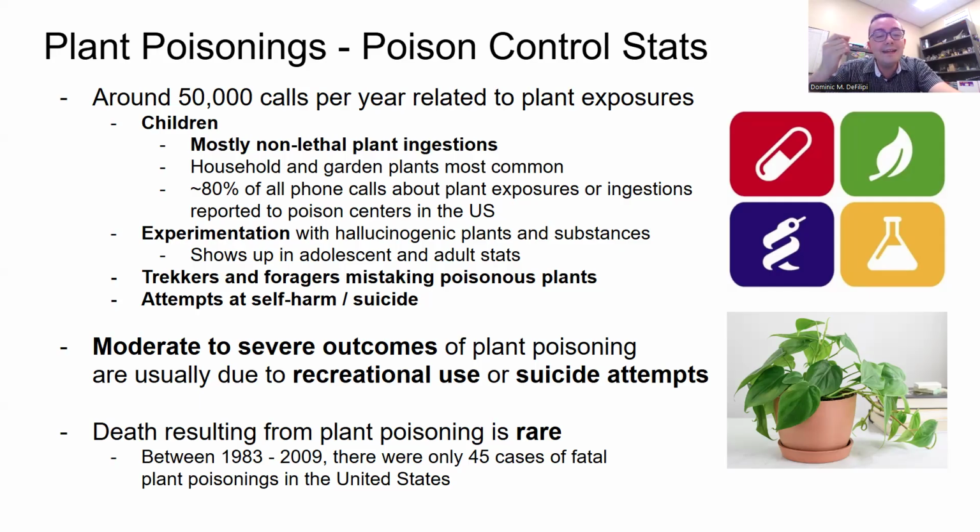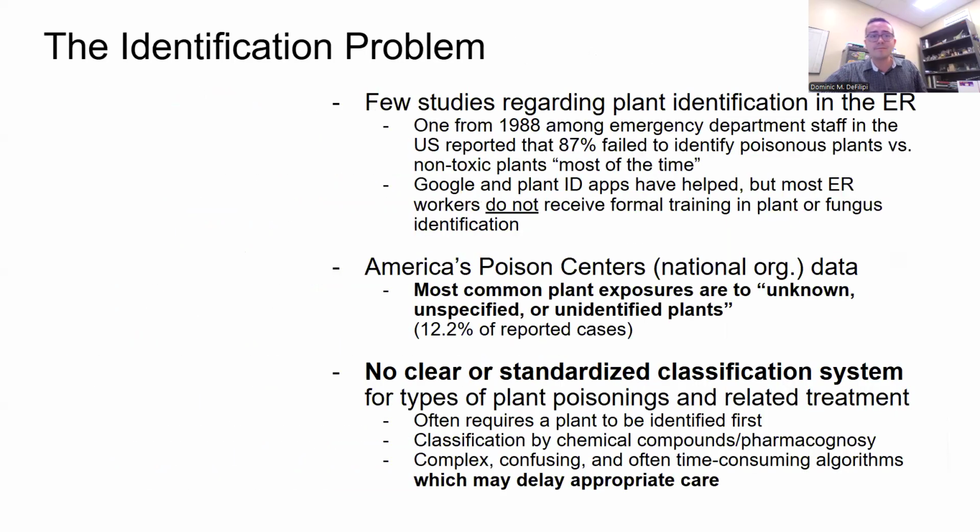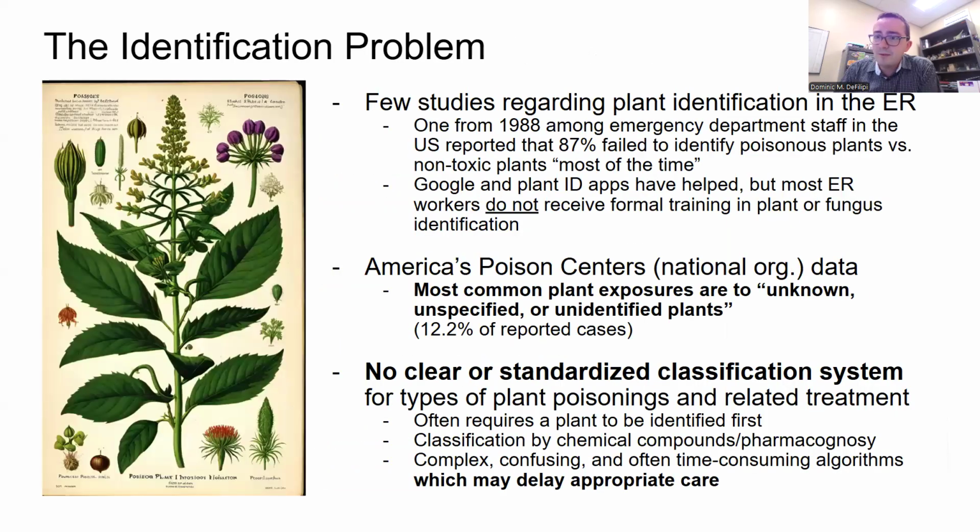So between 1983 and 2009, there were only 45 cases of fatal plant poisonings in the US that were documented and that could be actively traced to poisonous plants, which is a really good statistic. That being said, people can still get very severely ill from plants, but the chance of dying is still relatively quite low. One of the reasons why we have some issues treating plant poisoning, specifically in an emergency room setting,